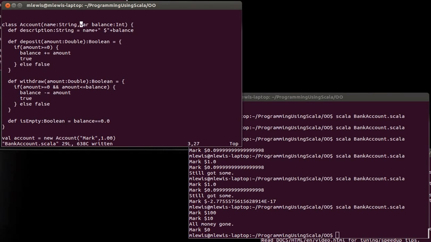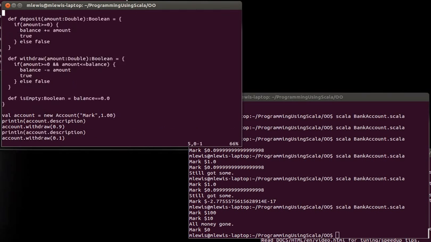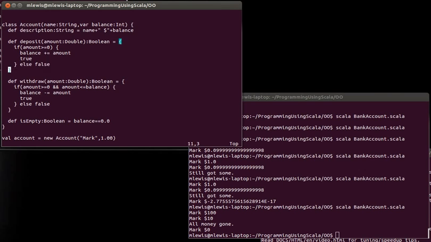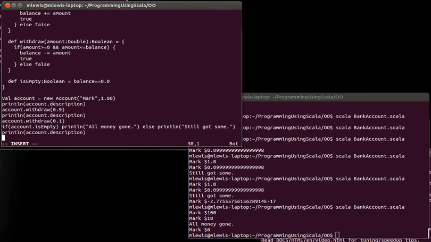I was thinking maybe we should have made it so you don't pass in a balance and you just have to do a deposit to start with. We could definitely change that, but by having this balance as a var, and this var is publicly visible, which is why I have the ability to access the balance. So the way this code is written right now,